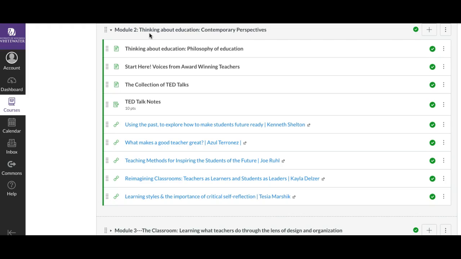And a lot of faculty, when they teach this course and they're trying to get you to do your philosophy of education, they assign a lot of readings, and you know they're really great readings, and they give you a wonderful perspective, and they're fabulous, and you know that's a great way to teach this content. I do things a little bit differently, and what I like to have you consider are some contemporary perspectives on education.